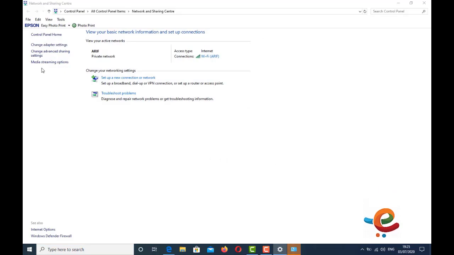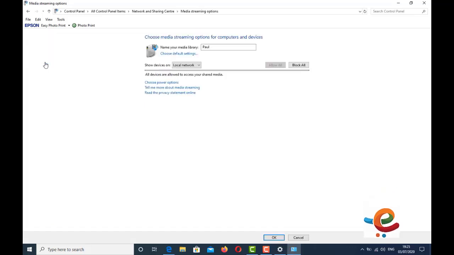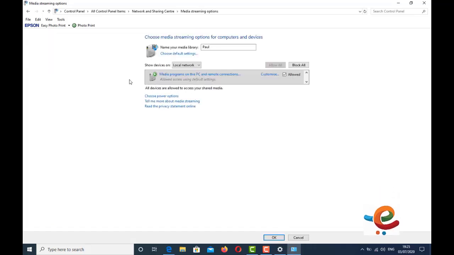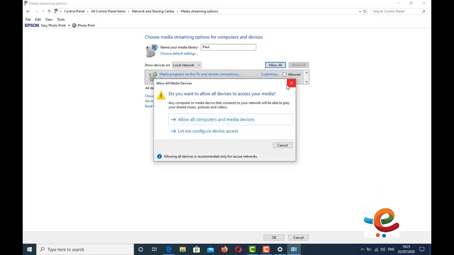You can see the media streaming option. Click on that. Allow all.